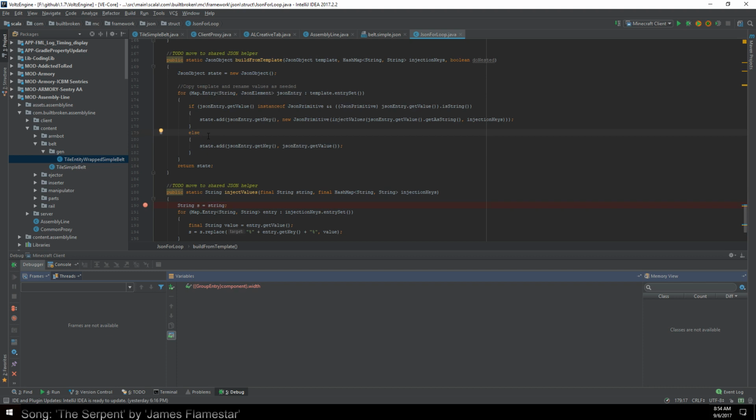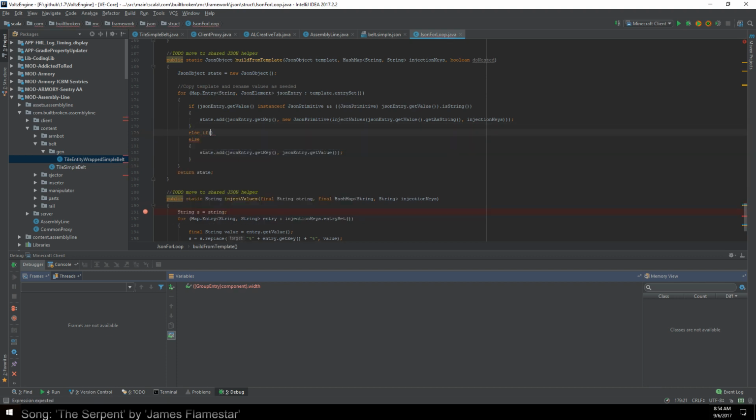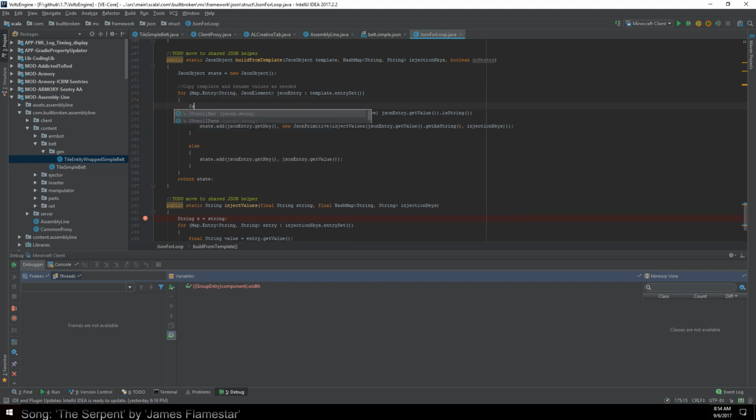So we want to go, okay, else if state dot, wait, actually let's do this. Hold on. JSON element value equals this. We'll set it to final because we aren't editing any values. Sometimes it's a good idea to make sure you are actually doing some of this stuff. And you know what, you can actually just call getString on this. I want to actually know if it is a string. Not that I don't want to call getString, because you can call getString on the values. Anyways,